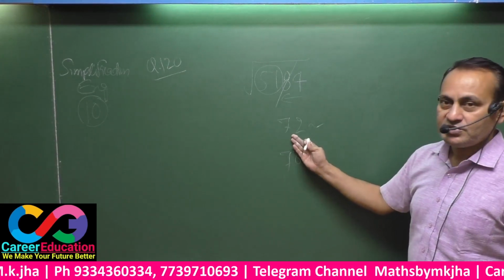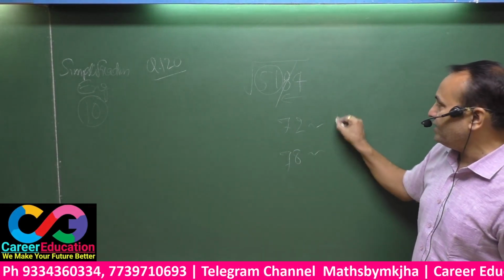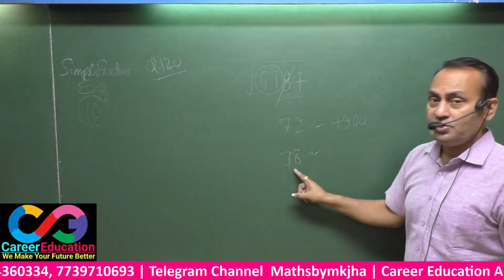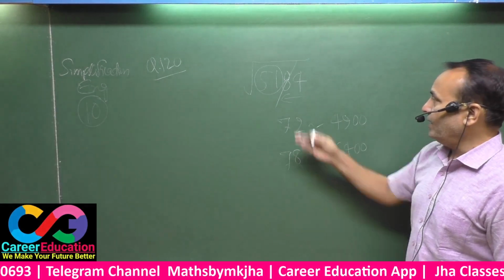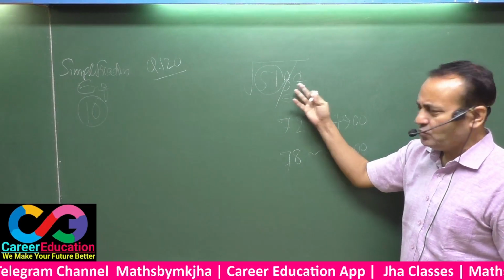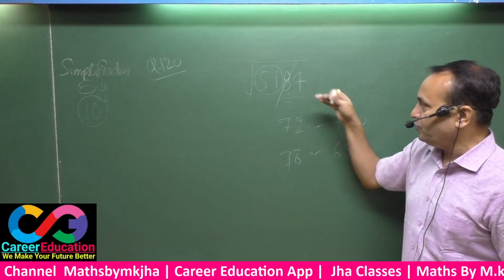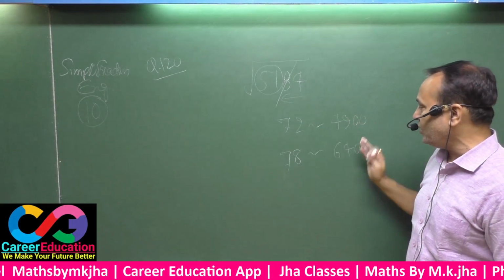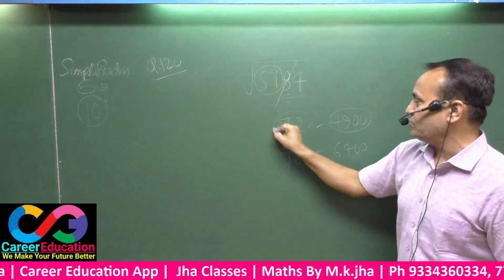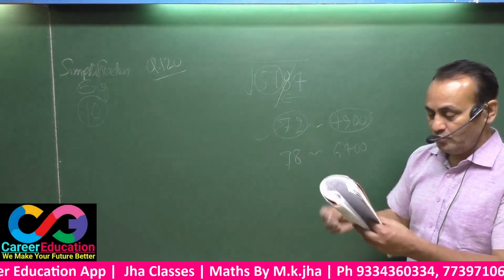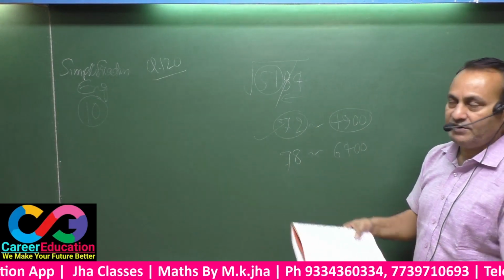This is 70 near about, and 70 square is 4900. This is 80 near about, and 80 square is 6400. Now see, you may assume 5200 is nearer to this one. Your number is nearest to this one. That means your answer must be 72. Match the answer, that is 72. Be noted.